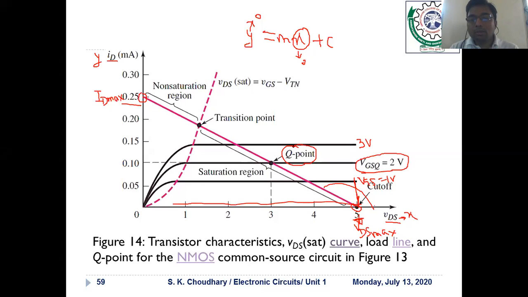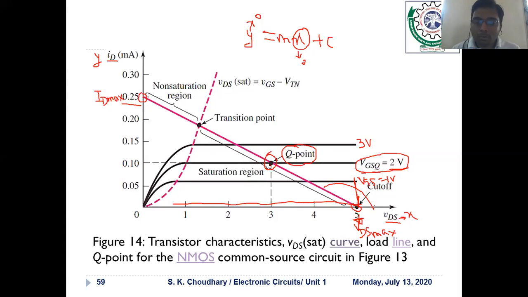Here we have drawn the 3 curves, but as per the values we have taken, like VDD equal to 5 and the R1, R2 and RD values, we have concluded that our transistor is working at VGS equal to 2 volts. That's why we take VGS equal to 2 volt as VGS_Q. In the second curve, where the DC load line intersects, this is called the Q point, or operating point.